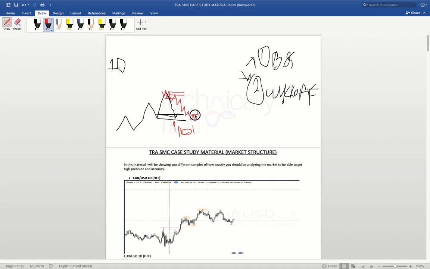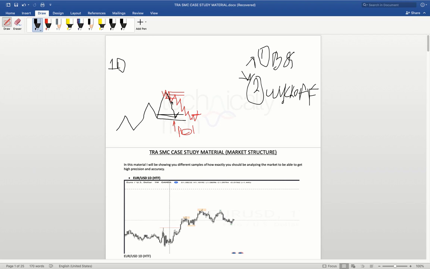We look for break of structure on the lower time frame to do what? When we get this break of structure on the lower time frame, or on the intraday per se, we know that the price is going to change to bullish, right? And now we align with our higher time frame, because our higher time frame has already done what? Our higher time frame is still bullish, but it just did what? Retraced to the previous